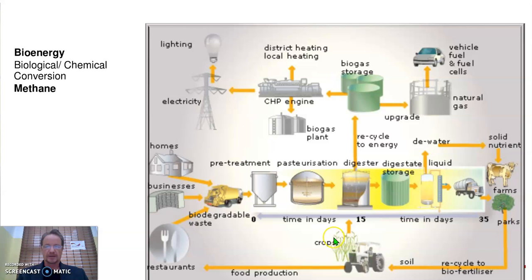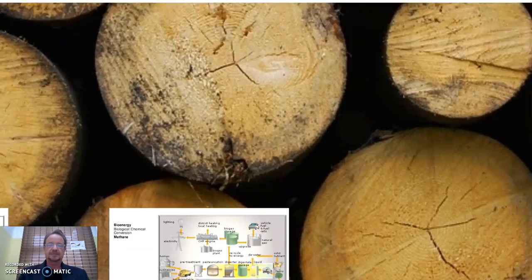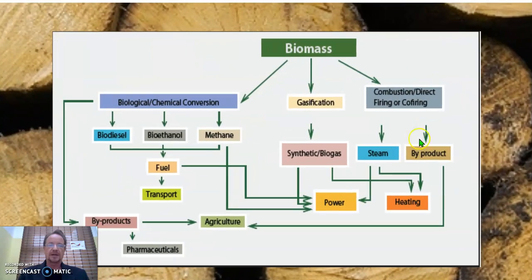And here also the crops can be used again. The leftovers, not the corn, but the stalks, go into the biodigester. So this is even a smaller circle. Good. So that's it so far for methane. Sewage waste can also be used for that. So we are back. We have these three: biodiesel, bioethanol, methane.